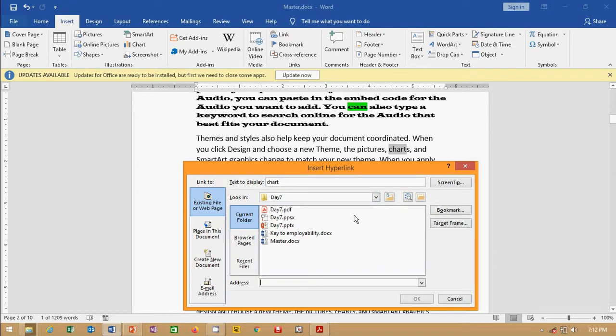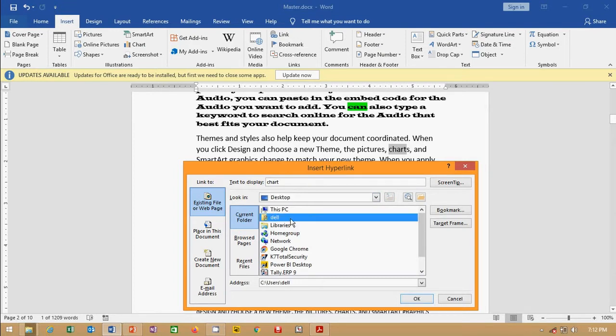I am going to make a link with a folder that is on the desktop, this Dell folder. Suppose this folder I need to open each and every day. So it is very easy to make a connection from this document to this folder. Whenever I open this document, if I need to go to this folder, I click here and I will go to that folder instead of opening it separately.